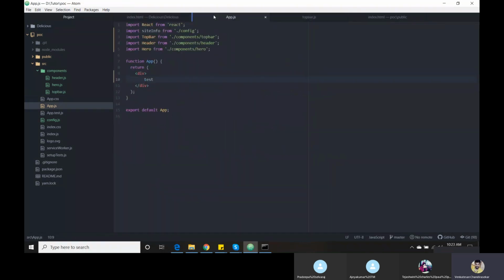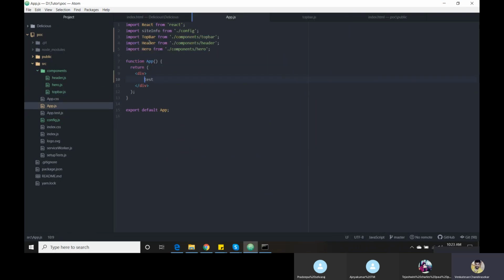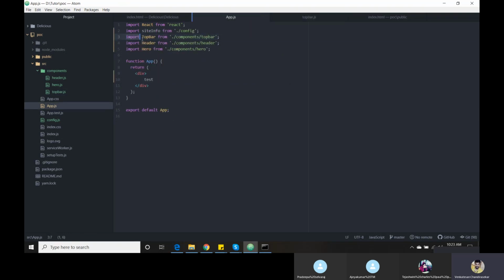Now I'm going to use this top bar component in app.js. For that I need to import. Once I give the export, I am going to use import with the component name from the folder where you want to use it. Now I have created one separate folder called components. Initially React does not have a components folder, so we need to create the folder. Why? Because we need to keep all our components together in a single place.